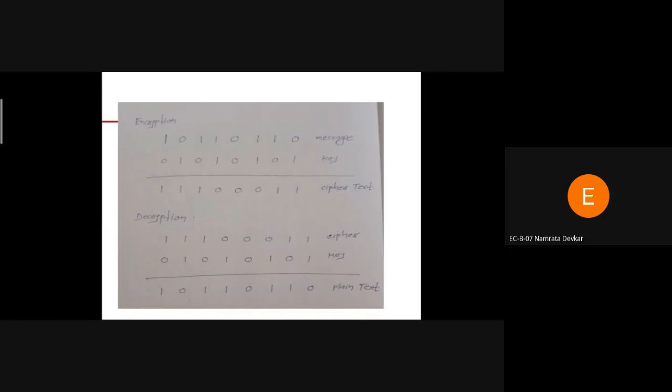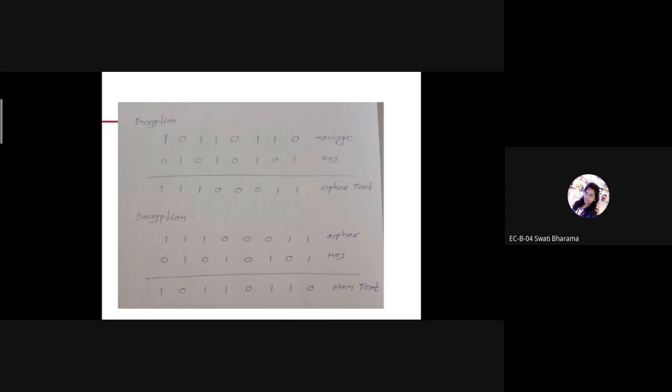Okay, so can anyone encrypt this particular message? Our first bits are 1 and 0, so what will be the output? One. Then the second column is 0 1, so what should be the output? One. Okay, so what is the truth table for XOR? If the input bits are different, we write 1, and if the input bits are the same, we write 0.